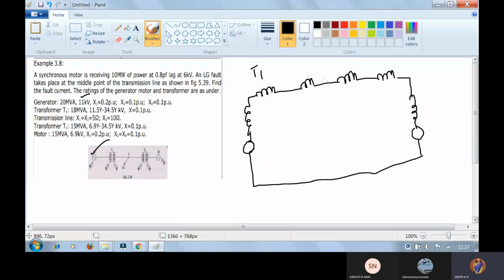So to make it clear, I am writing the fault section here. And this is the existence of a fault. And here you are going to calculate the Thevenin's voltage. So now what we have to do, we need to substitute the values of the sequence reactances calculated. So this is with respect to the generator, and this diagram with respect to the motor.